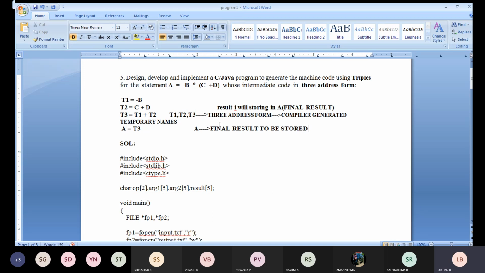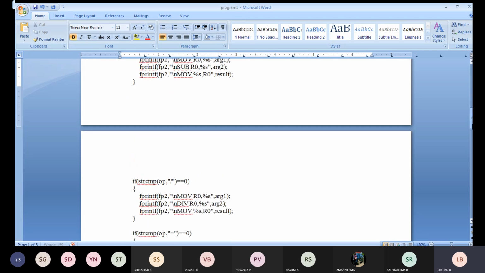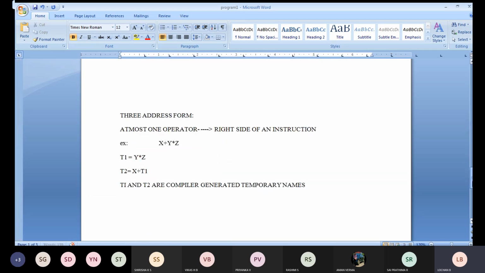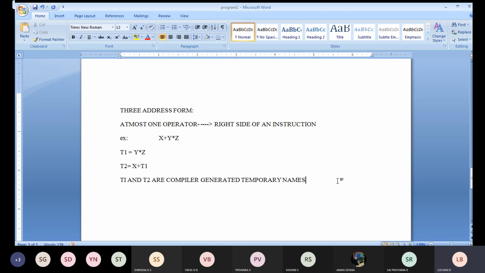What we will be doing in this particular program is, whatever the program instructions, for example whatever the statements you are going to get, so input I am going to take as whatever the statements they are given, T1 expression or T2, and T3.